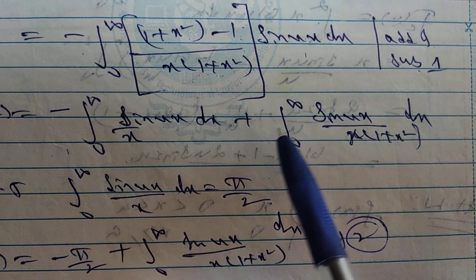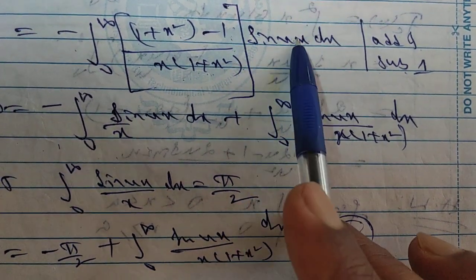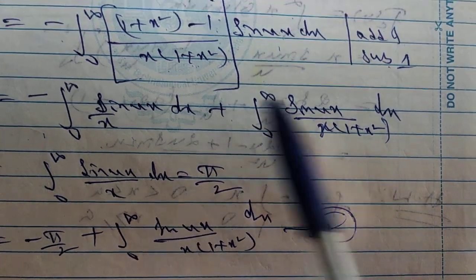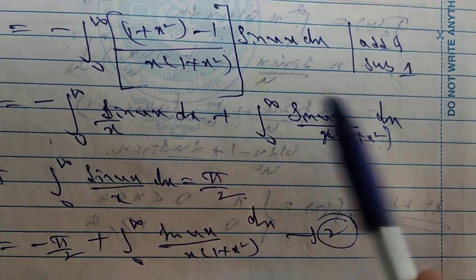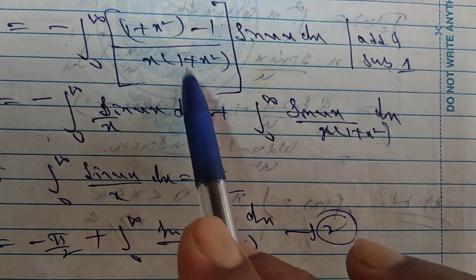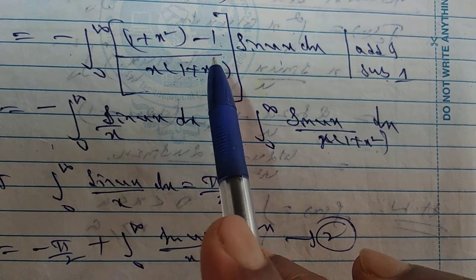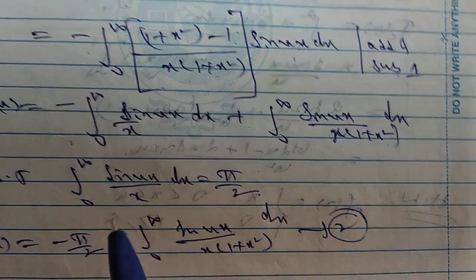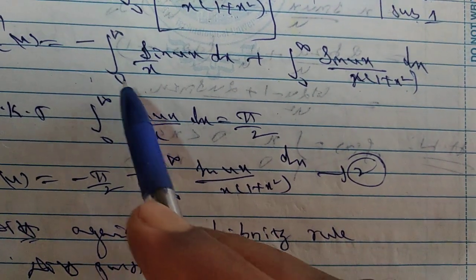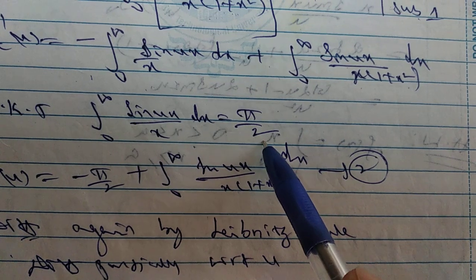Minus becomes plus. So next 1 over 1 into sin ux, so sin ux here, what is there? You have to write x into 1 plus x square into dx. So (a minus b) by c. This sin ux you have to multiply inside. So a by c minus, plus b by c. So now here integral of 0 to infinity sin ux by x into dx. So this is equal to pi by 2.